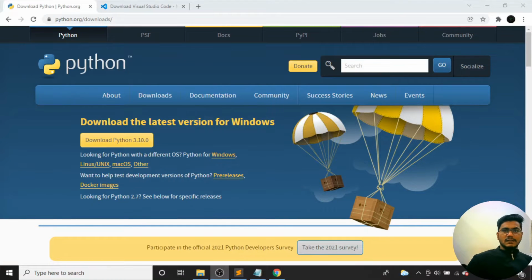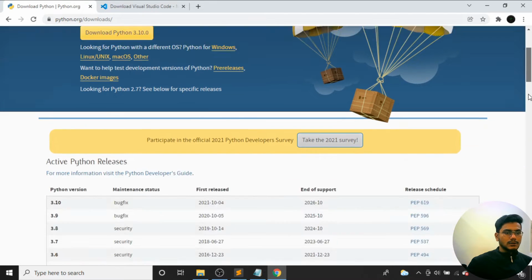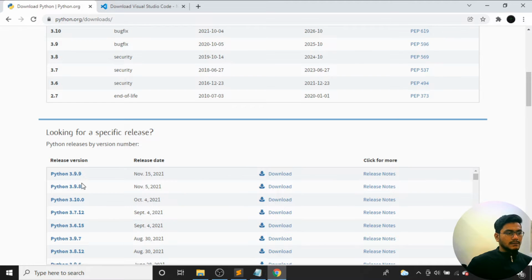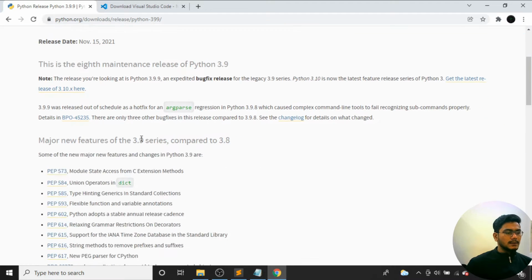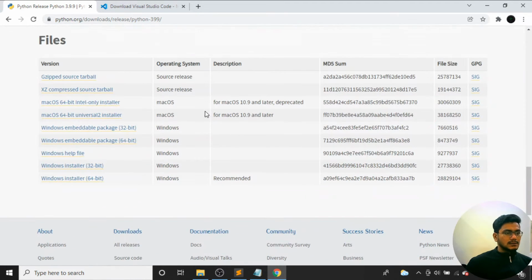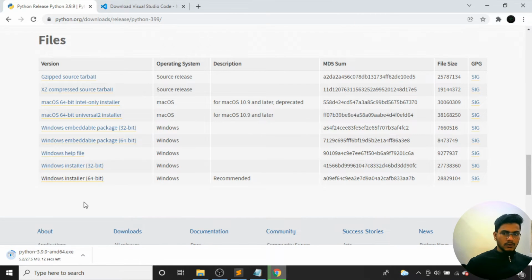Okay guys, let's start with the coding part. Here I have opened python.org/download, which is most necessary. For going ahead with Django, we need to download Python. If I come below, here I have the new version, released on November 15th, 3.9.9. I'll click on the link. If I come down, I have the 64-bit operating system, so I can opt for the Windows installer 64-bit. Once I click on this link, it will start downloading. Okay, my Python is getting downloaded, so I can click install, next, and install it.